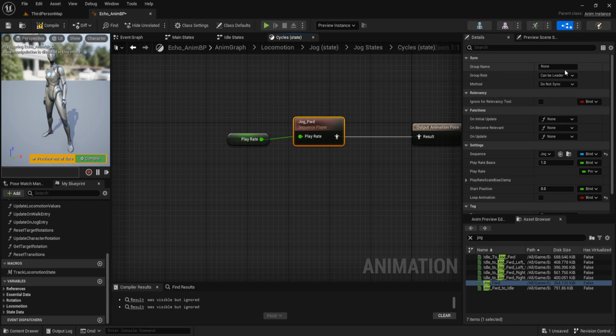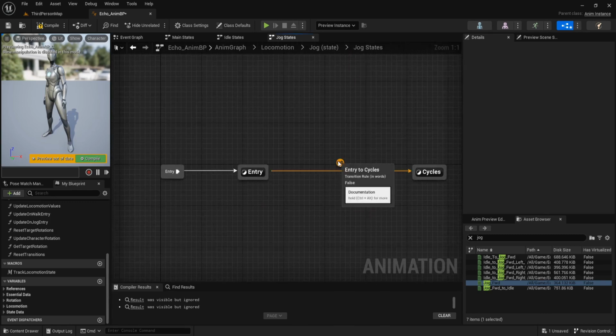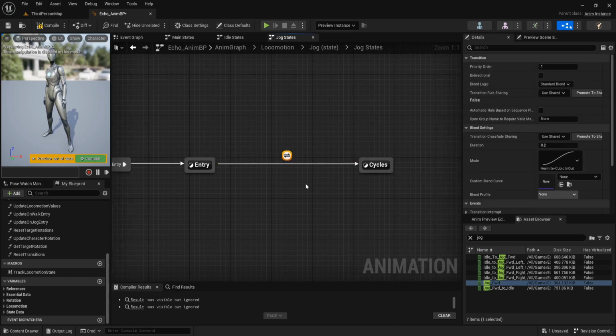And the group name is locomotion. And set this method to scene group. Back to jog states. This transition priority is 0.